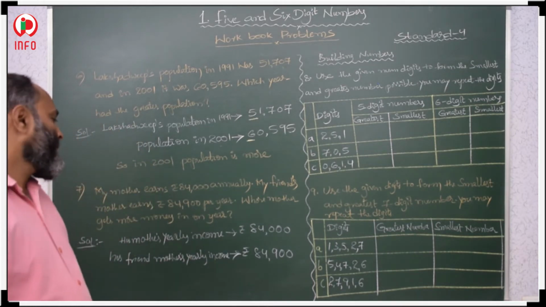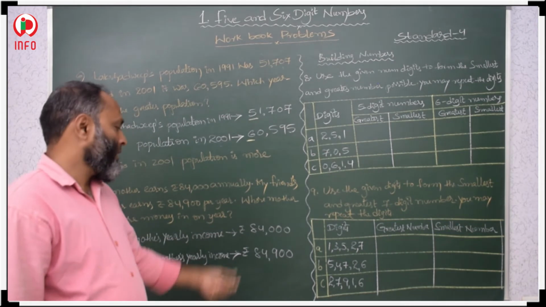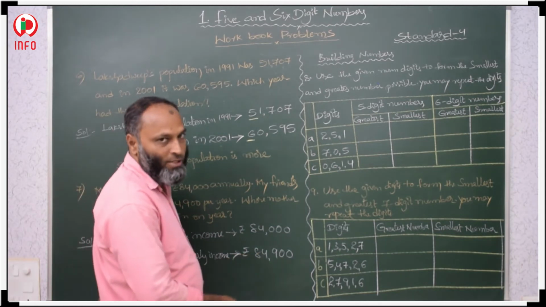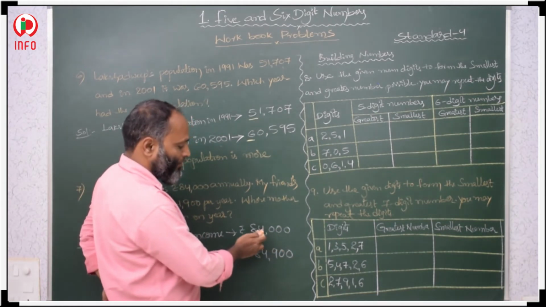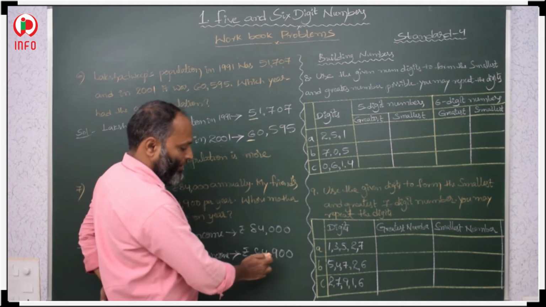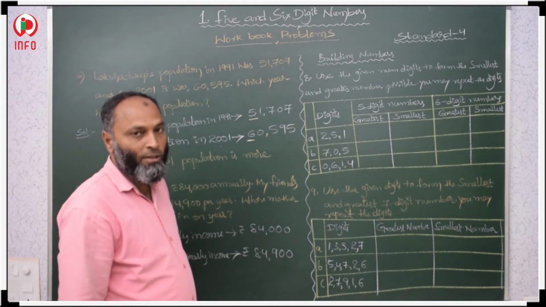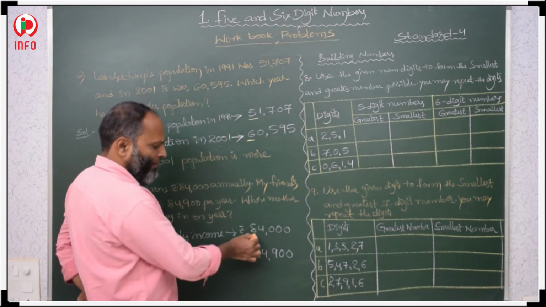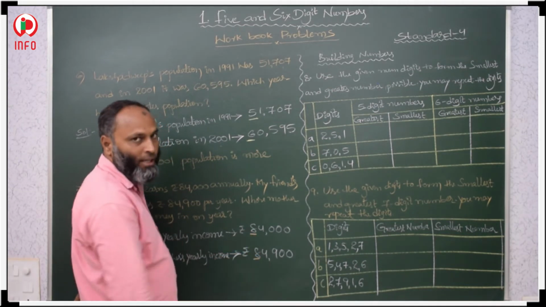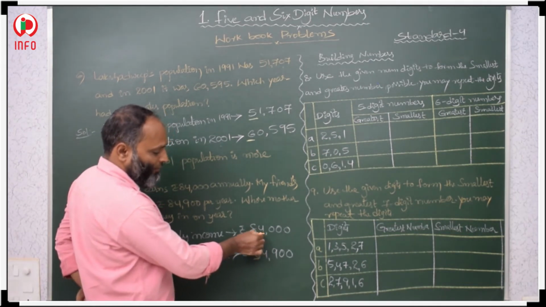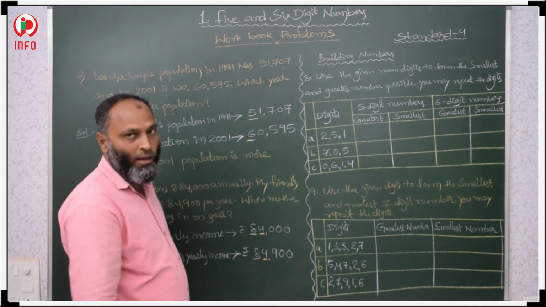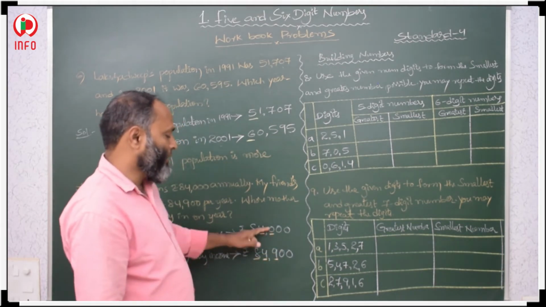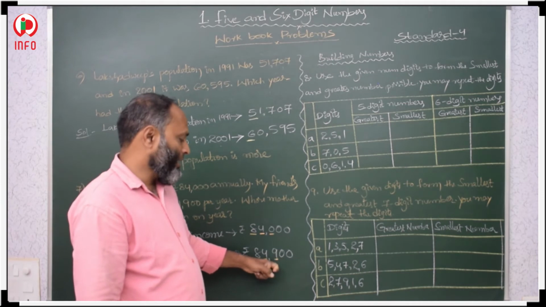So now you compare the incomes between these two, his mother's income and his friend's mother's income. How many digits were there? First you count the digits. 1, 2, 3, 4, 5. 5 digits were there. Now we start counting from 10,000 place to ones place. Here in 10,000 place 8 is there, they are equal. Now you go for thousands place, here 4 and here 4, they are equal. Now hundreds place, here 0 and here 9. Between 0 and 9, which one is bigger? 9 is bigger.